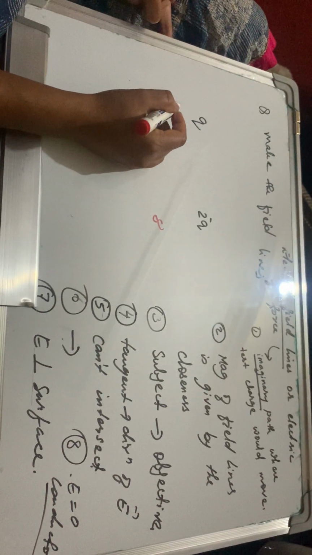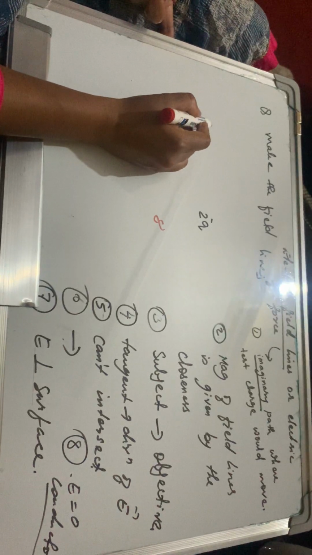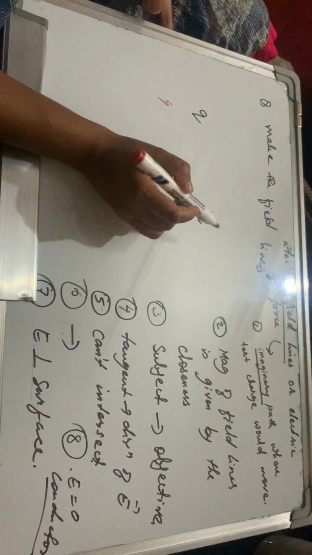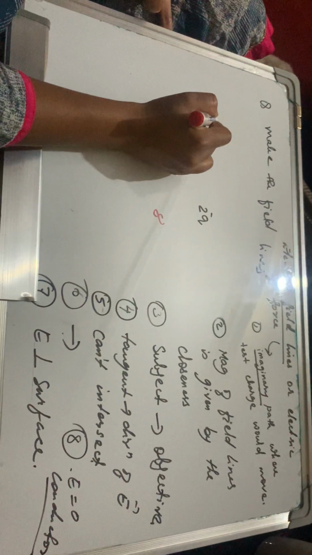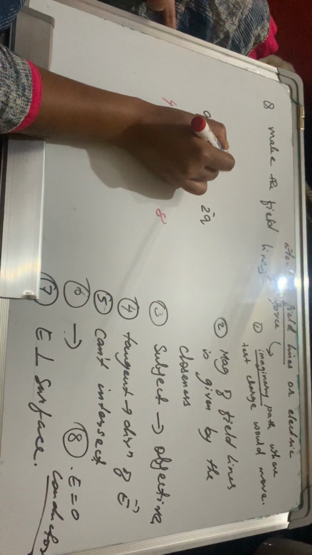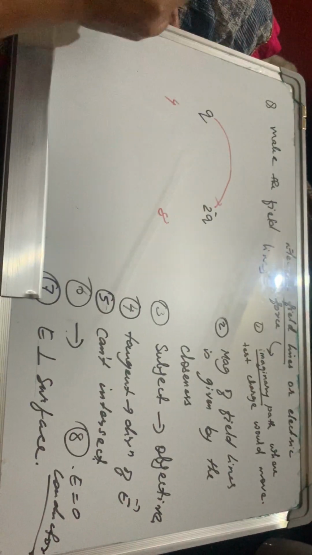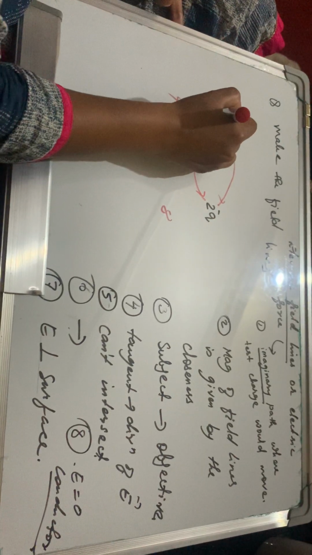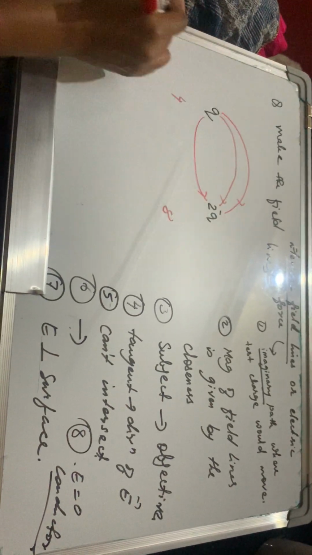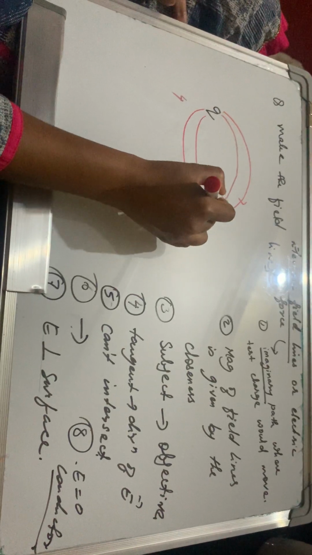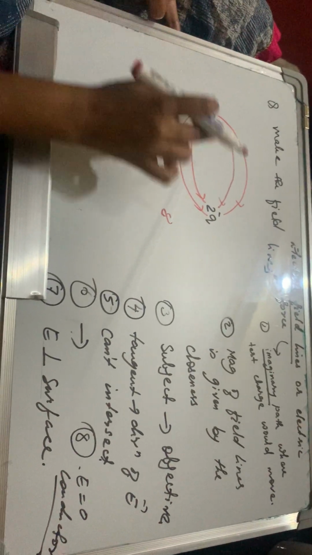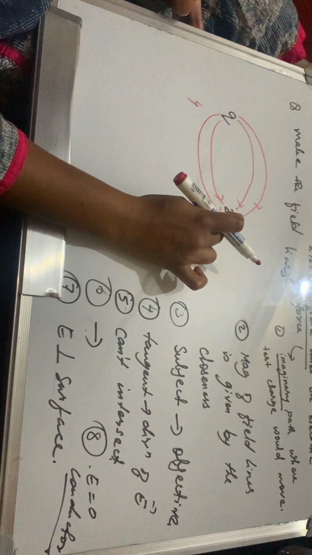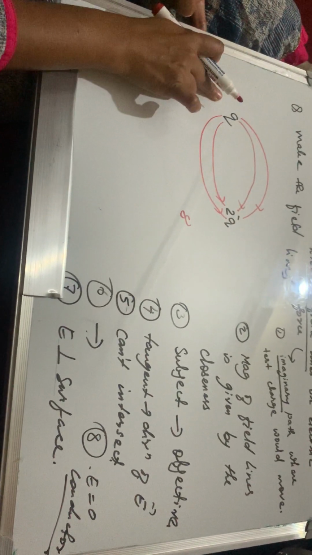Now the test charge would go in what direction? The test charge will be repelled by q, while it will be attracted by this one. So how will the field lines be? I'm going to make 4 for q. 1, it will go, right? Then 2, right? 3, right? Then 4, right? Now how many field lines should come to here? It needs to have 8, right? But it cannot go up to here, because the next